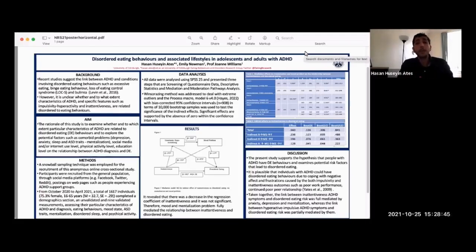This project aims to examine whether and to what extent particular ADHD characteristics are related to disordered eating behaviors and identify potential factors such as comorbid depression, anxiety, mood problems, mentalization level, autistic traits and sleeping problems. We designed an anonymous online cross-sectional study and used snowball sampling techniques, and participants were recruited from the general population using social media